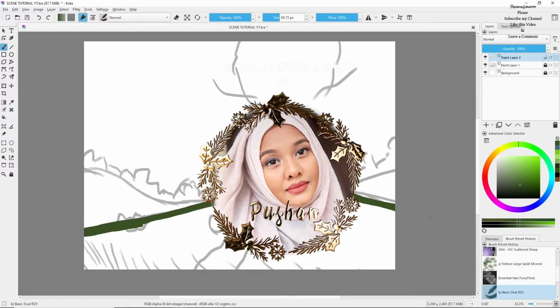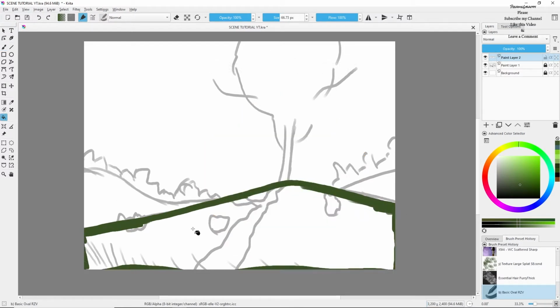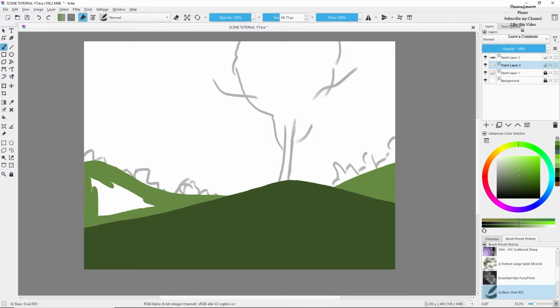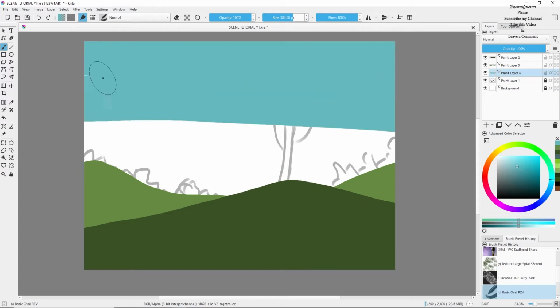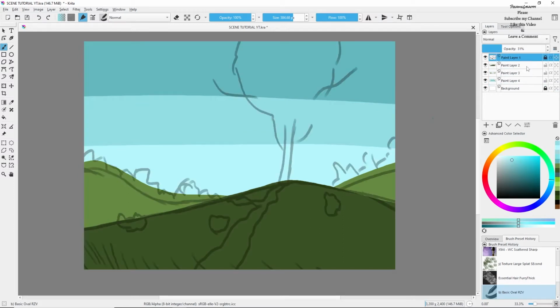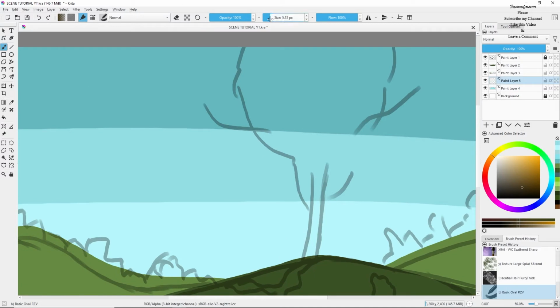So today I'll be doing this painting that you have just seen a few moments ago. First I'm going to draw the base of my painting, the solid colors like the field, the background of the field and the tree, also the sky. This is going to be a very easy kind of tutorial, so I hope you will watch till the end. First I'm going to draw the base. As you can already see that I'm drawing the base,